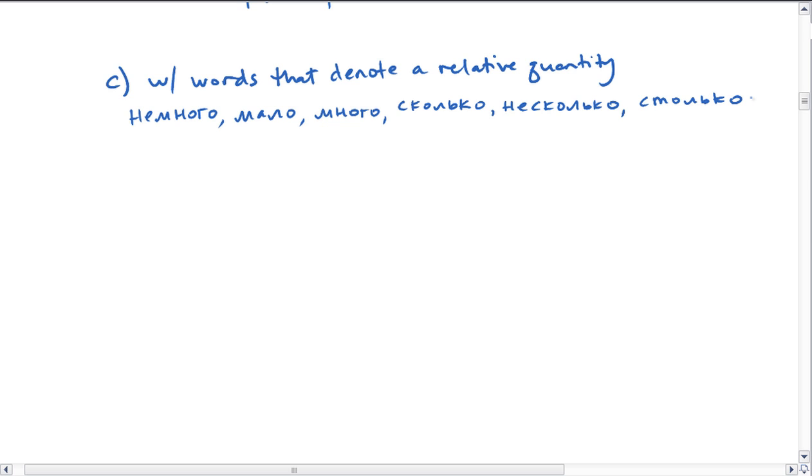So after these words, these sort of number words, or a relative quantity, we're going to use the genitive